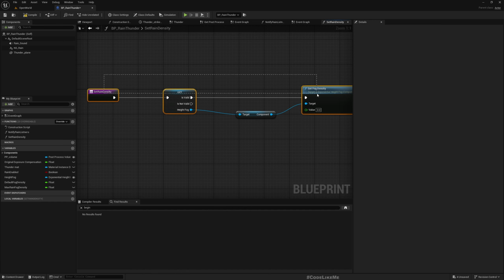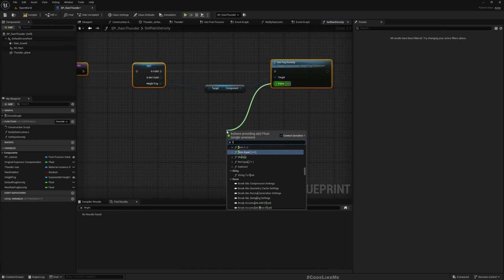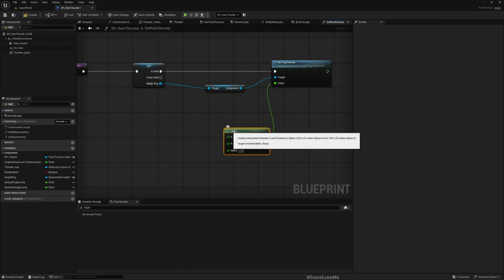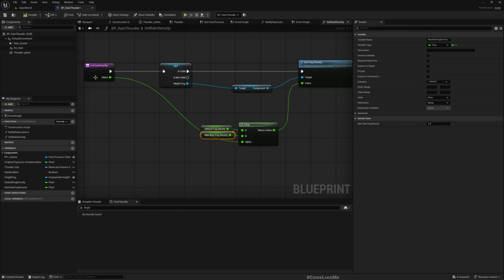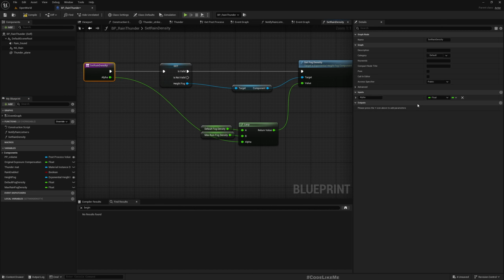Now I need to plot this, so interpolate this value between the default fog density and the max fog density, and this would be the alpha. So I rename this one as